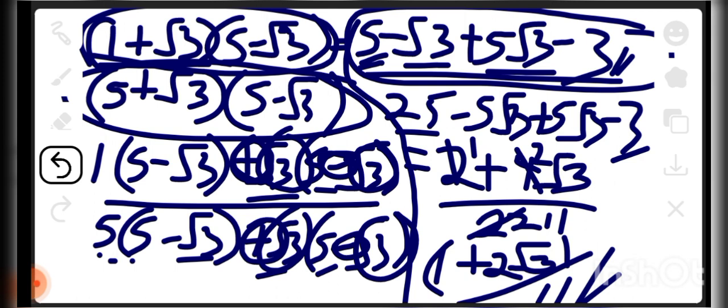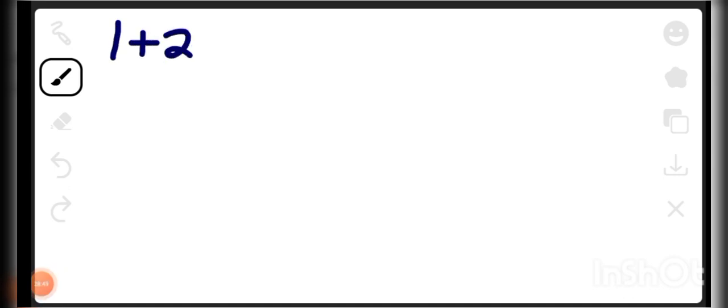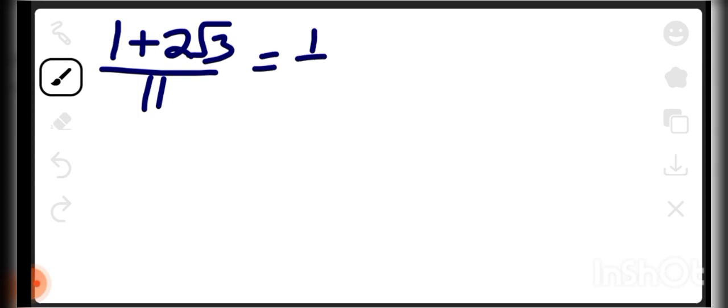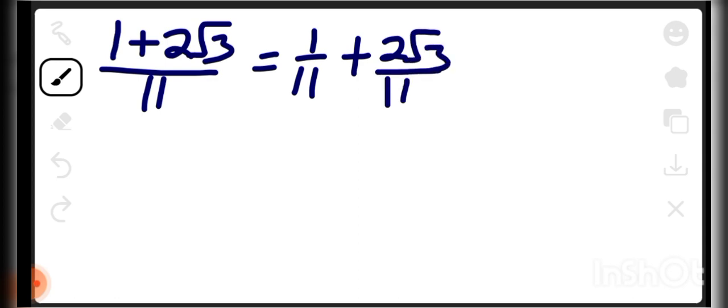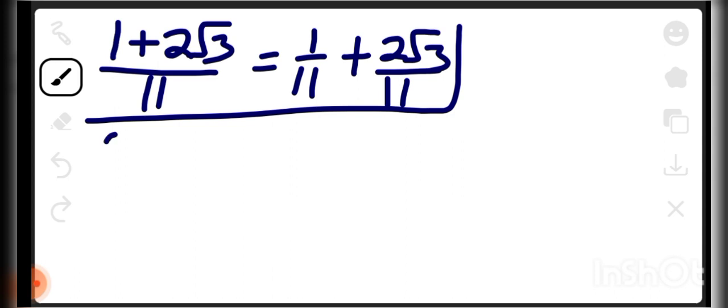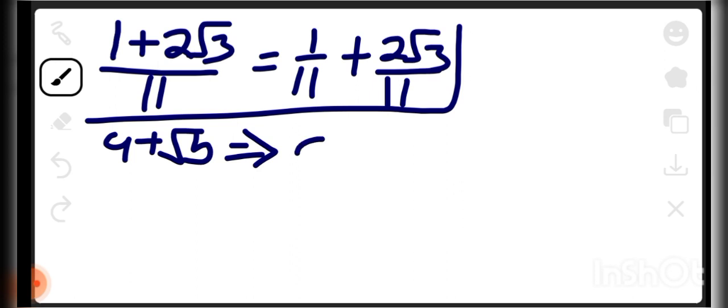So now let's look at just a brief revision of what we have done. Remember the last answer we got was 1 plus what? 2 root 3 over 11. So taking note of that is very, very important. Some persons will write it like this: 1 over 11 plus 2 root 3 over 11. Some people can write it like this. It's still correct. So remember, for conjugate, if you have A plus root B, the conjugate will become A minus